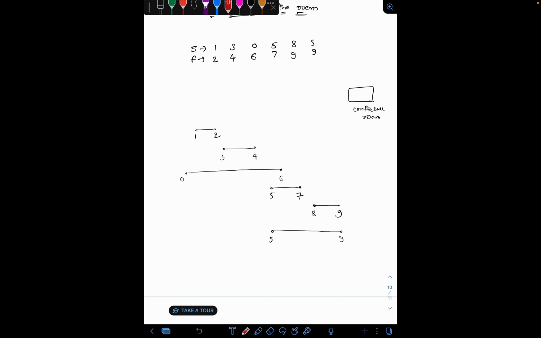Now suppose this meeting 0 to 6 is started. You can see that if this meeting is started, you can't take this meeting or this meeting. Why?